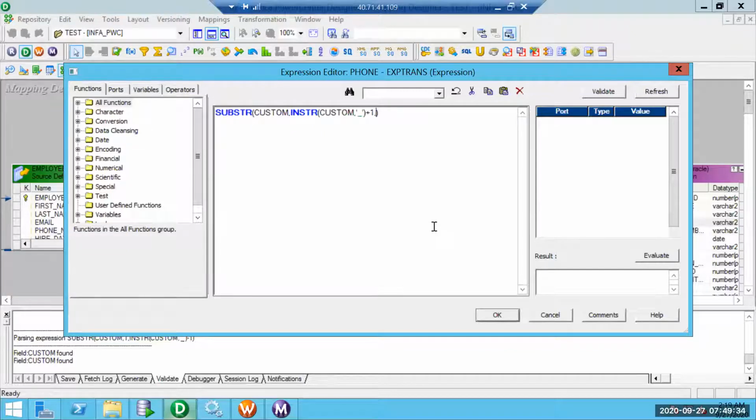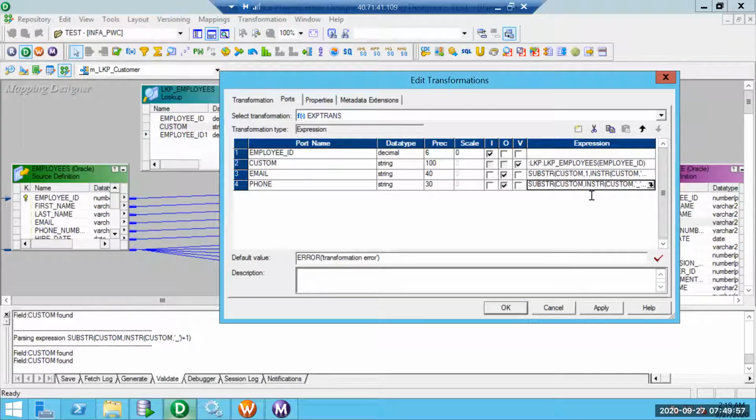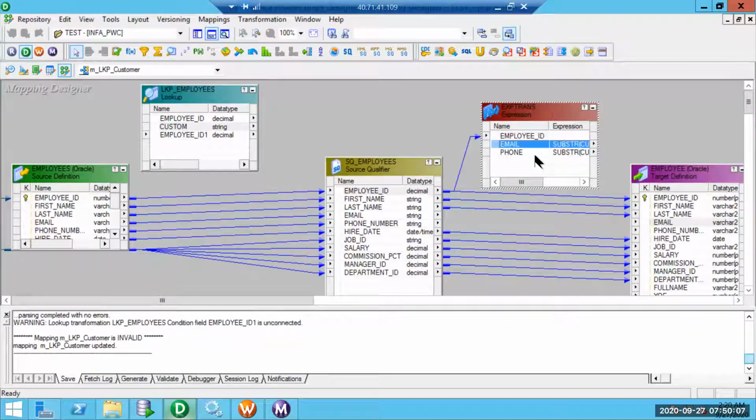Underscore itself is not the correct position from where we want to retrieve the phone number. So from underscore plus one to the length of the string. Is the length needed? No, not required. From underscore plus one, we populate everything. It's fine. So we have got two ports: one is from one to the position where underscore is found, and the second is from underscore plus one, next position. So we are going to populate these two fields now.